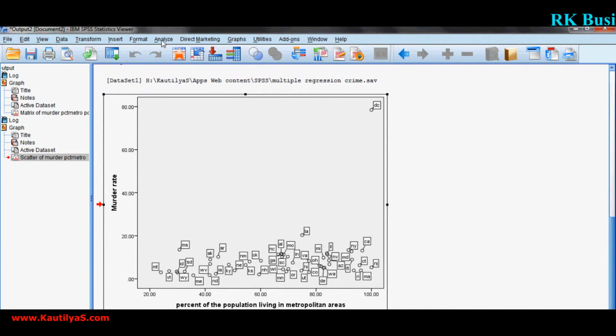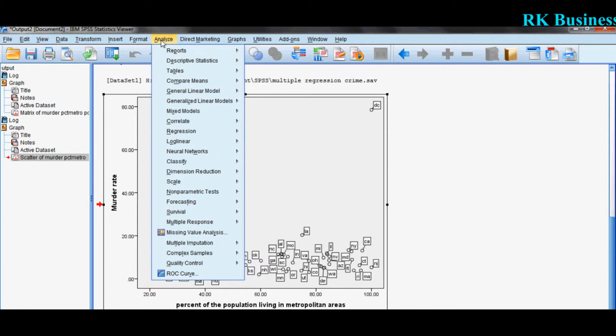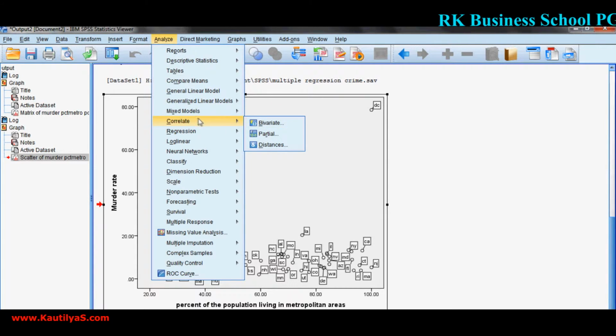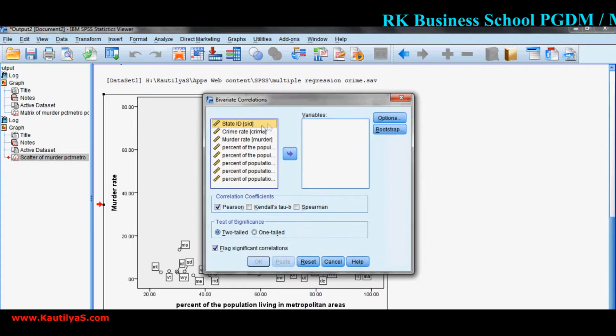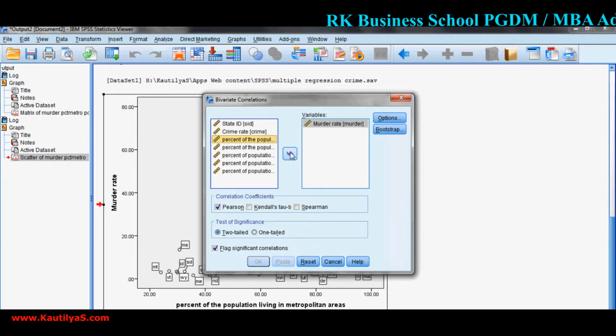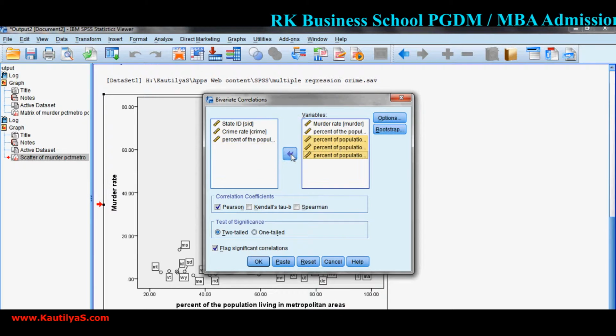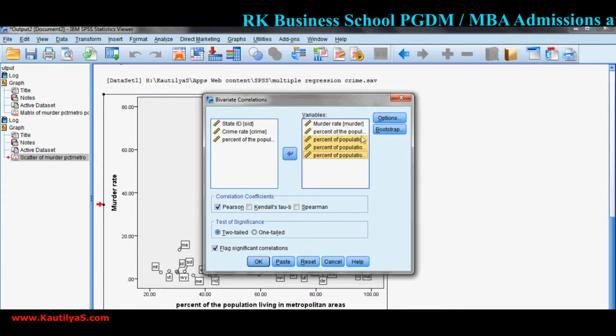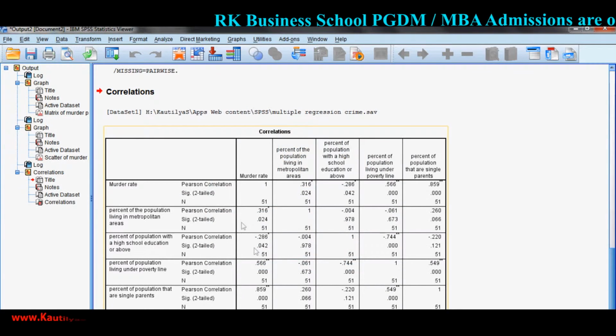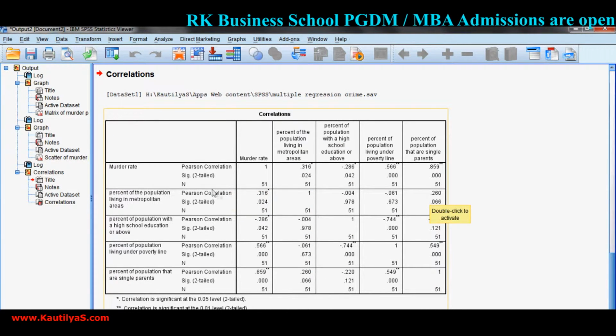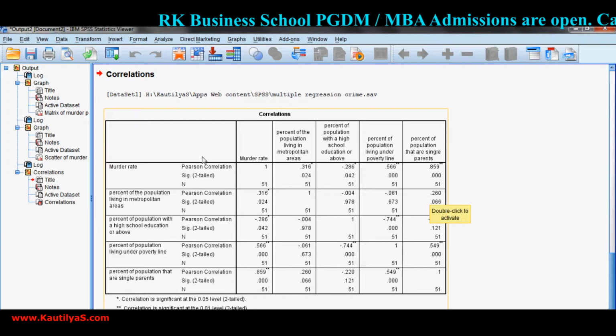Next thing that we need to look at is that, in running a regression analysis, there needs to be a linear relation between the variables. To find out the linear relation, we go to correlation analysis: correlate, bivariate, select your variables. So murder rate and all the other variables. Now click OK. Here you can see the relationships.